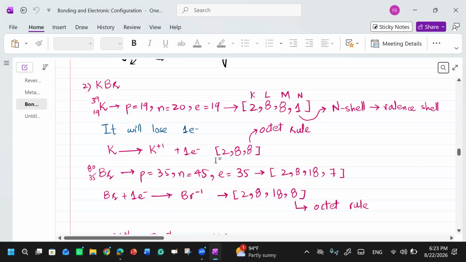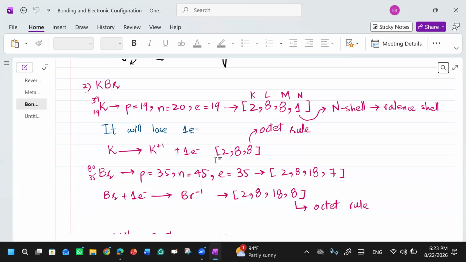Remember, in ionic bonding, one species loses electron, and that is metal. Always you will see the metal will lose electron because metals have free electrons in them, right? They can lose electrons. But if we talk about the non-metals, they have more electrons in their valence shell. They can't lose them. They always gain electrons. That's why we call them non-metals. Are you clear with the difference between ionic compounds and covalent compounds? That ionic compounds are formed by the transferring of electrons, right? One species will lose and the other species will gain.